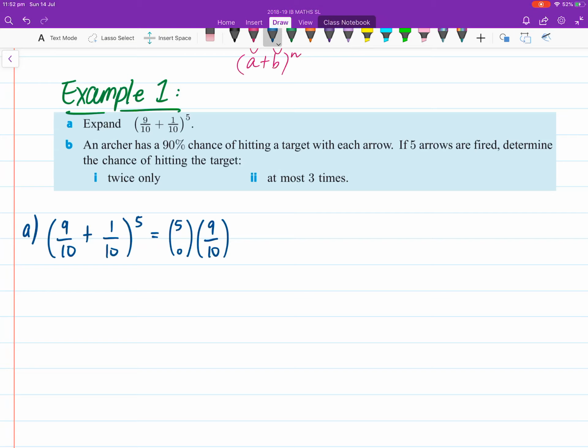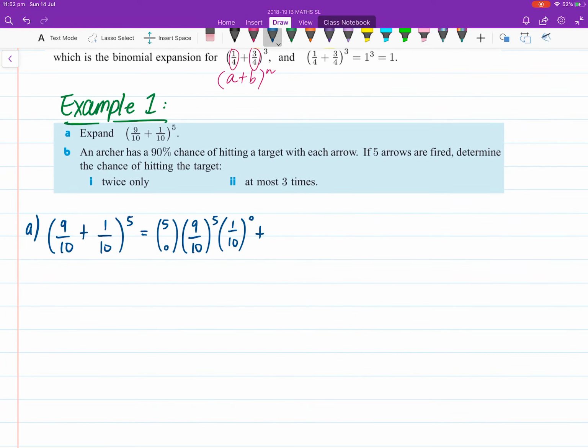Then you've got the first one, 9/10 to the power of 5 times 1/10 to the power of 0, but that just gives you 1, plus the next one we're going to have 5 choose 1 times 9/10 to the power of 4, remember the power goes down, and the other one the power goes up to the power of 1, plus 5 choose 2,